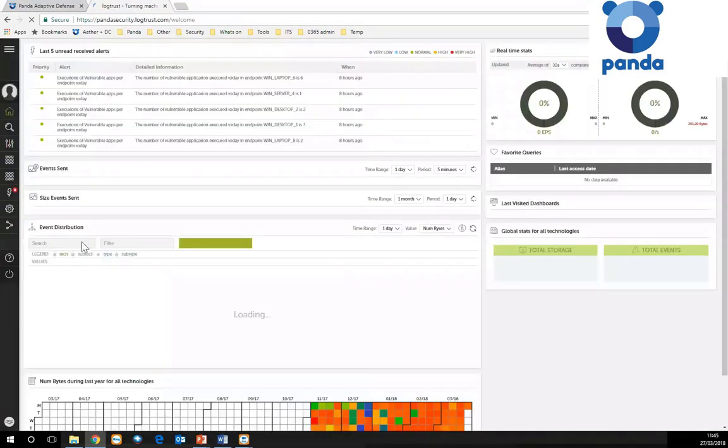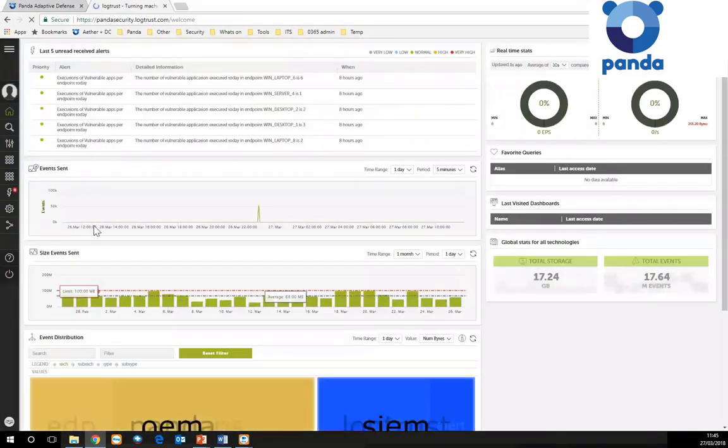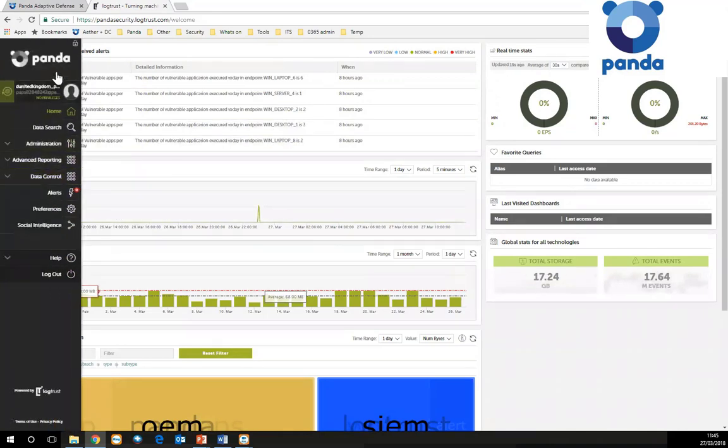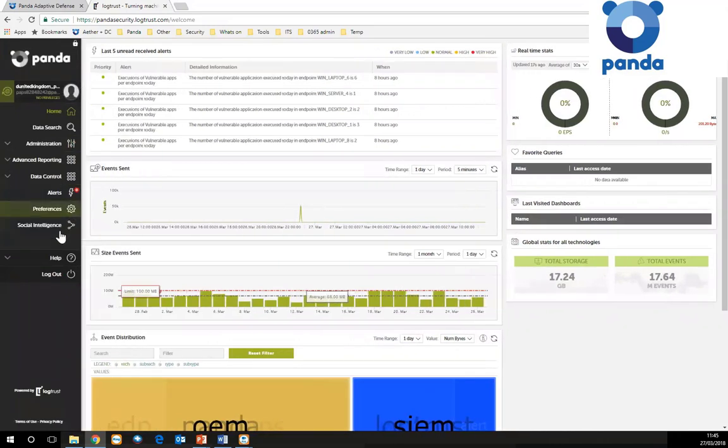Now, if I click on this, this is going to take me into our Minitheme, which is a Security Information and Event Management platform. This is big data event analysis. When we log into the console, this is the dashboard view of the home screen, which is showing us all the events that are being fed into this platform. I'm just going to lock this menu on the left-hand side so it doesn't keep minimizing. Before I go into the data control widgets, I want to start off by showing you the data control event table.